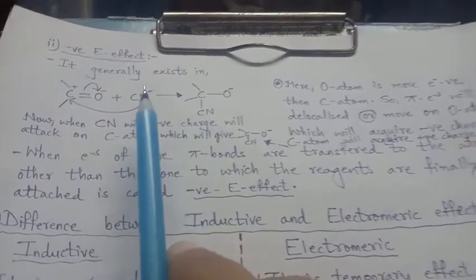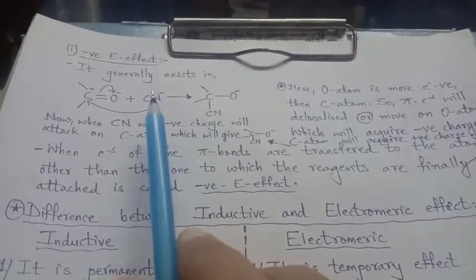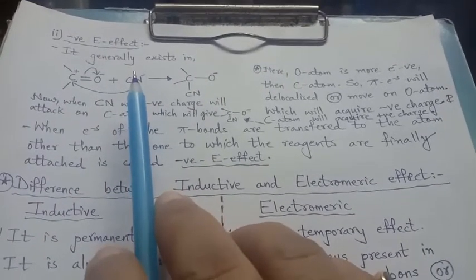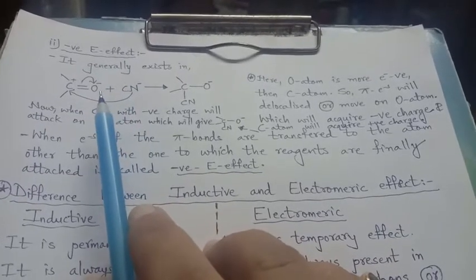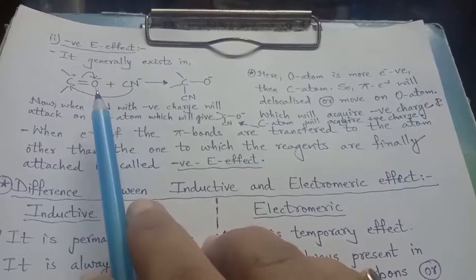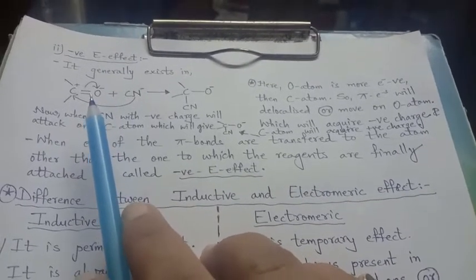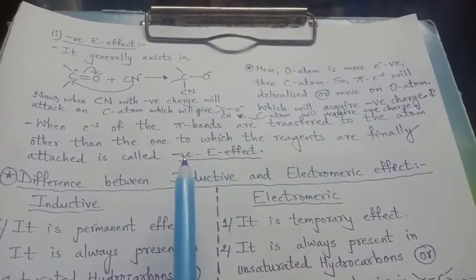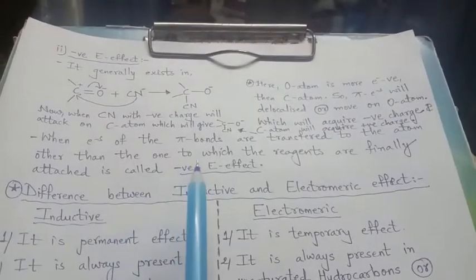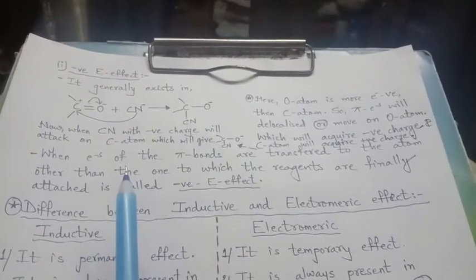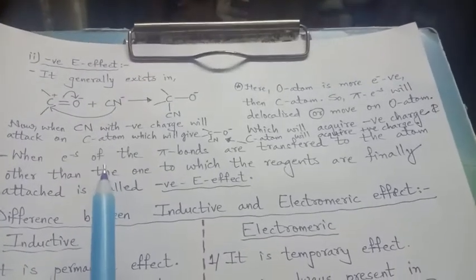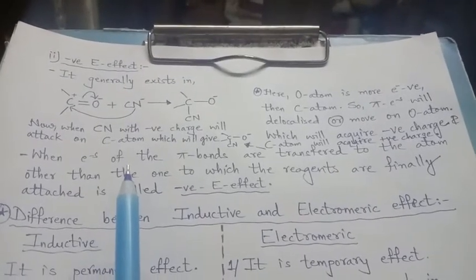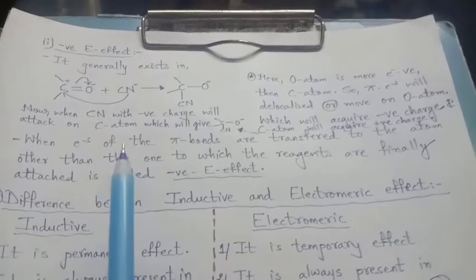Good morning, dear students. In the last video, we discussed the positive electromagnetic effect. What is the positive electromagnetic effect? An effect in which the positive reagent attacks the same carbon on which the electron pi cloud is present. That means the addition of the positive reagent takes place on the same carbon on which the pi electron cloud exists, and that is why it is also termed the addition product effect.